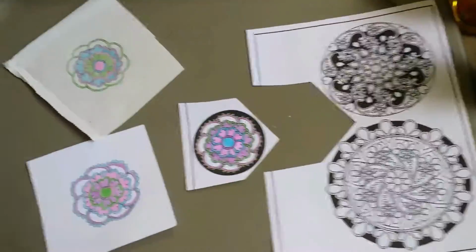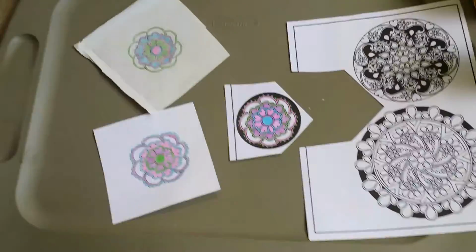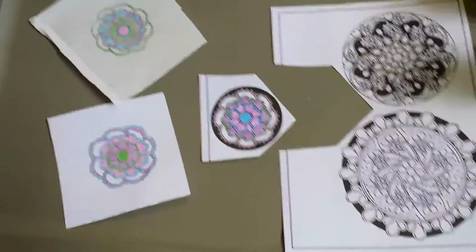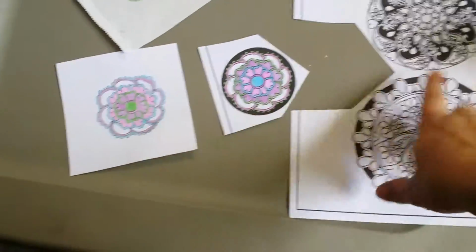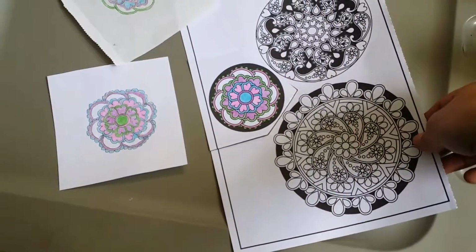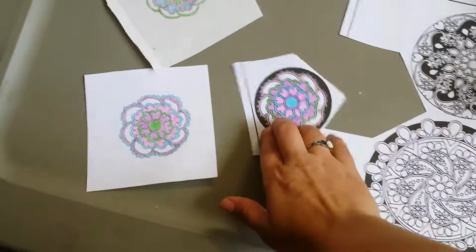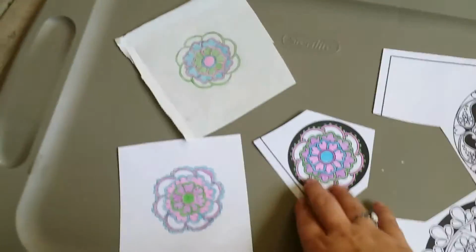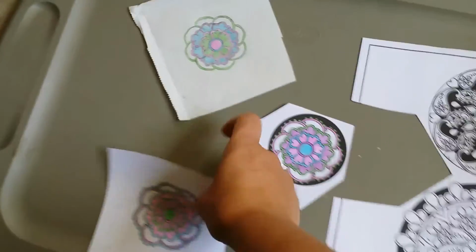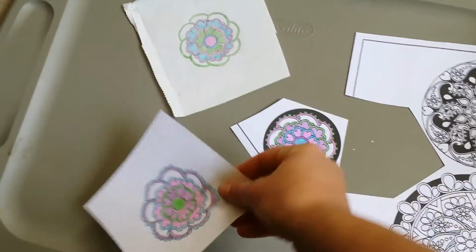Hi guys. I decided to do some arts and crafty stuff today. I'm experimenting with a mandala or whatever they call it. I think it's mandala. Experimenting with this little one here first, but then I kind of sloppily traced it on regular printer paper, and